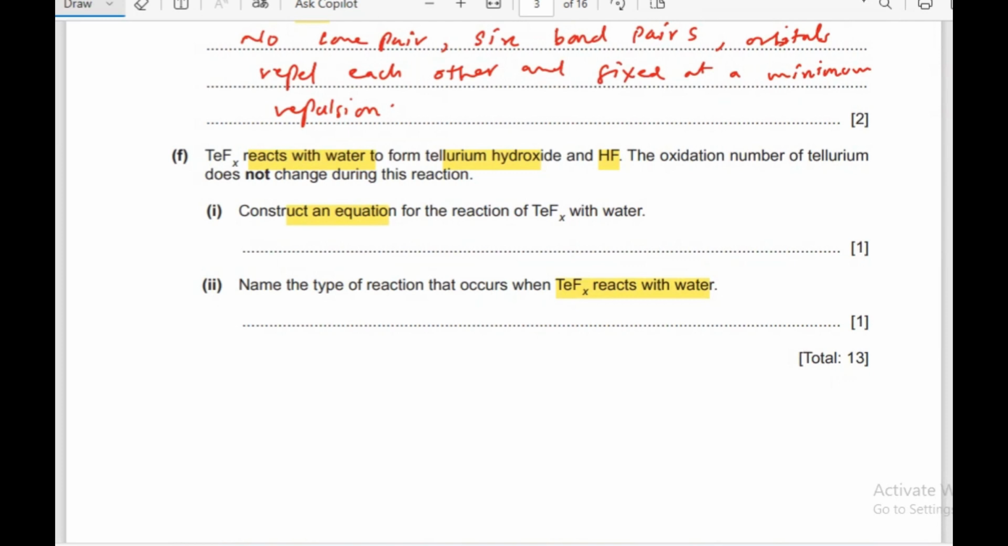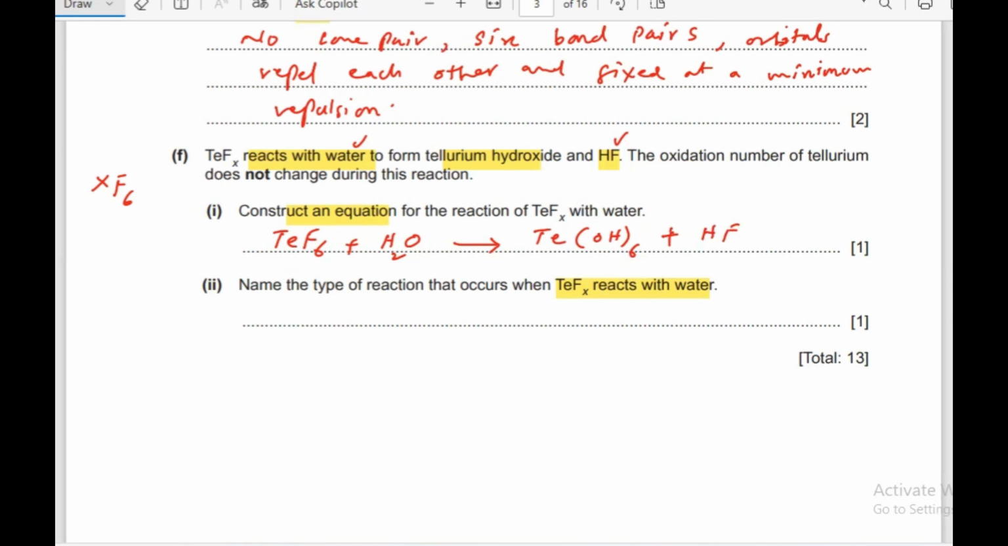Construct an equation for the reaction of TeF6 with water. We know that whenever we have an octahedral shape, then the formula must be XF6. So we can write TeF6, reacting with water. This is water, and then it will form Te, because the oxidation state of Te is +6. So it will form Te(OH)6, and then we will get HF as well. So if we balance this chemical equation,